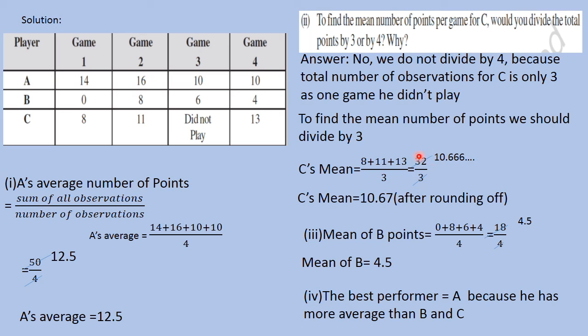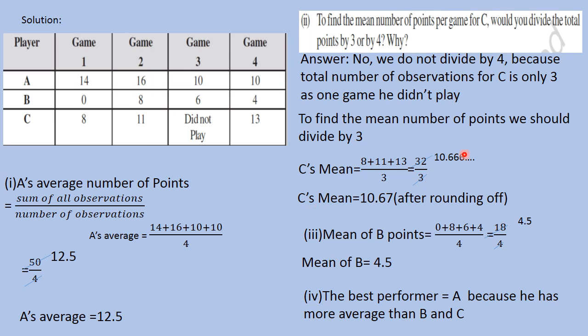So, 10 3s are 30. So, how much remainder is left? 2 is left. Put a decimal and then you will have 20 here. So, 3 6s are 18, 20 minus 18 is 2 again. Again 3 6s are 18, 20 minus 18 is 2. So, it continues. Therefore, 10.6666 is the answer.